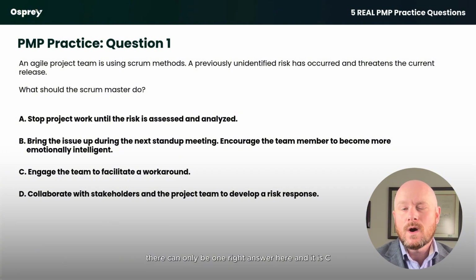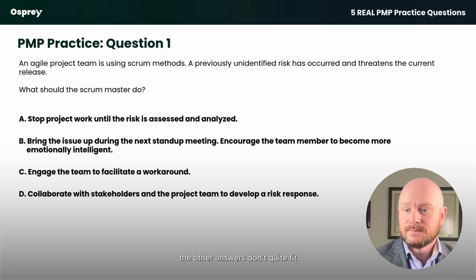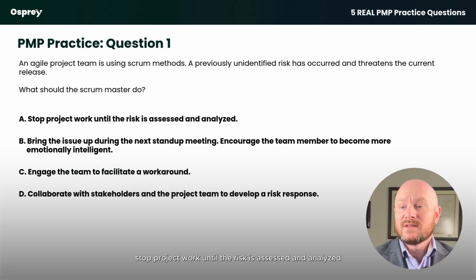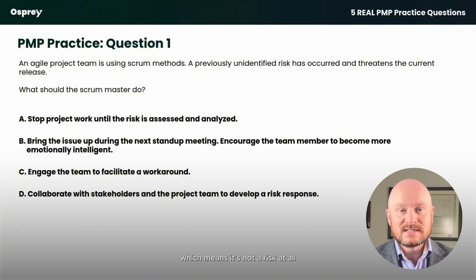There can only be one right answer here, and it is C, engage the team to facilitate a workaround. So let's take a look at the logic as to why the other answers don't quite fit. Stop project work until the risk is assessed and analyzed. Well, we know that a previously unidentified risk has occurred, which means it's not a risk at all, it's an